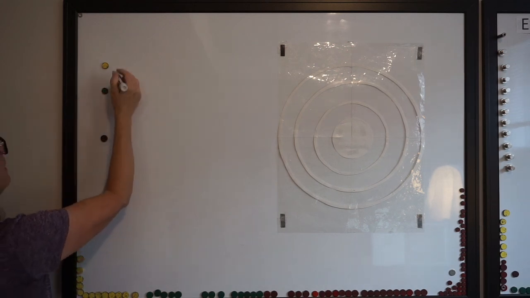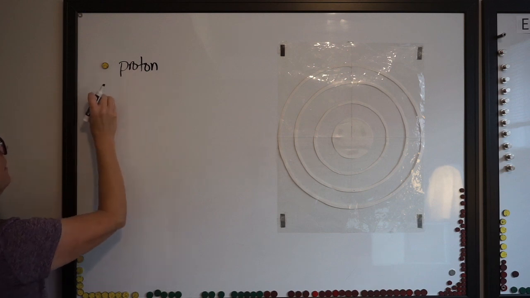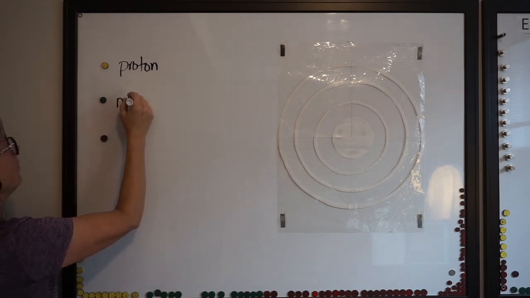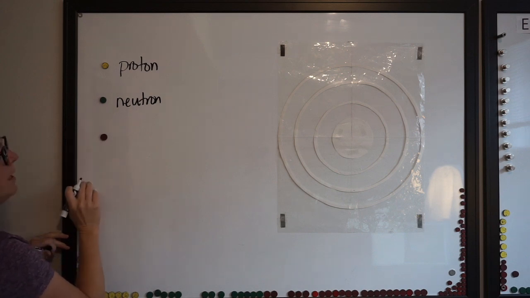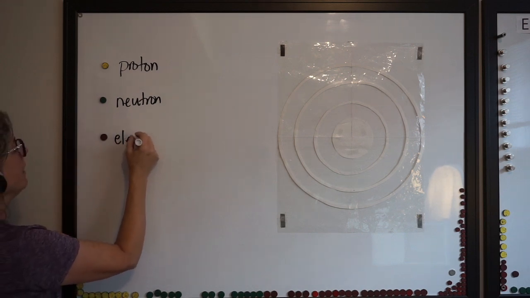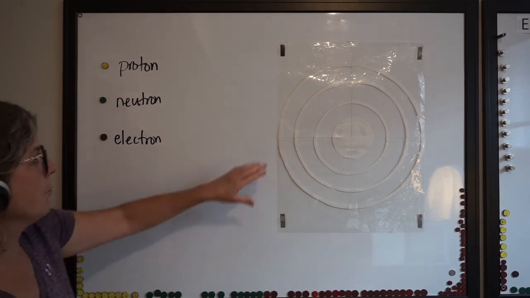The yellow magnets are going to represent what are known as protons. The green magnets are going to be representing neutrons. And the red magnets are going to represent electrons. Okay? So when we look at the discovery of the Bohr-Rutherford model,